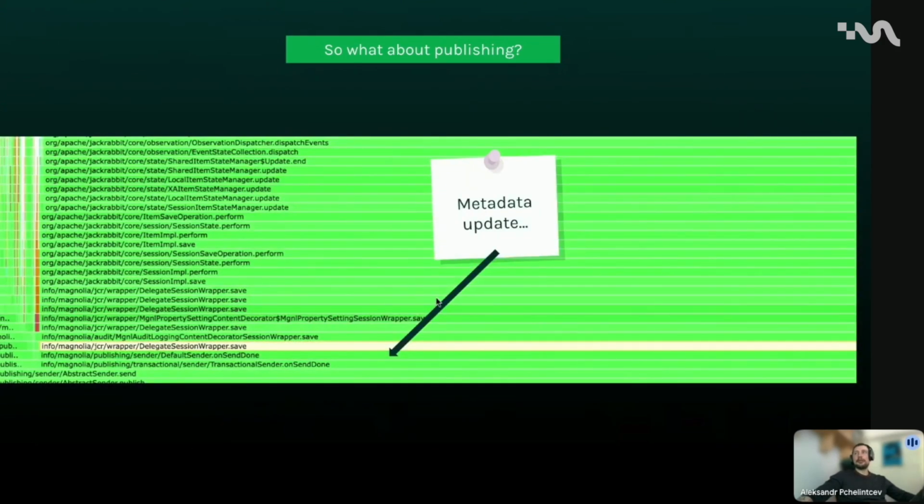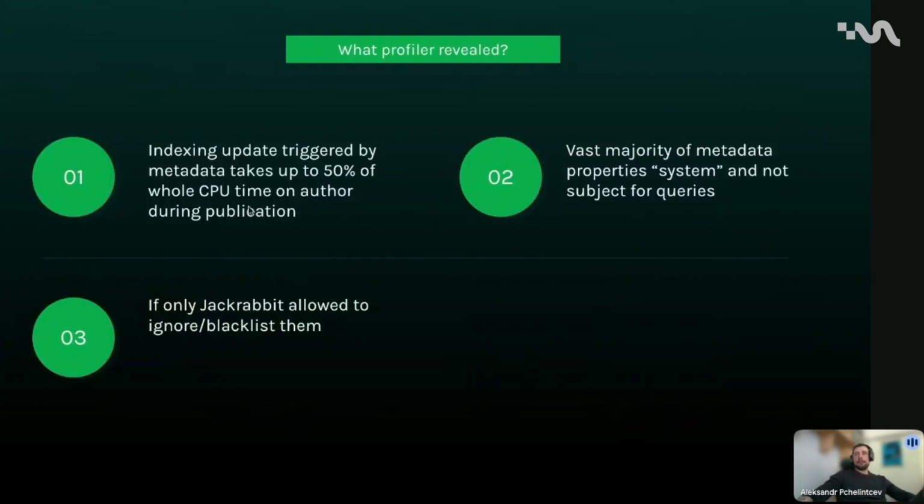So if we zoom in on the flame graph and look closer, then we see that most of those index updates are triggered after we were done actually publishing. So all the content is sent to publics and being accepted. And then we do the actual metadata updates, such as updating last published versions, status, and related metadata like who, when, etc. So to sum up, indexing updates triggered by those metadata properties take up to 50% of full CPU time